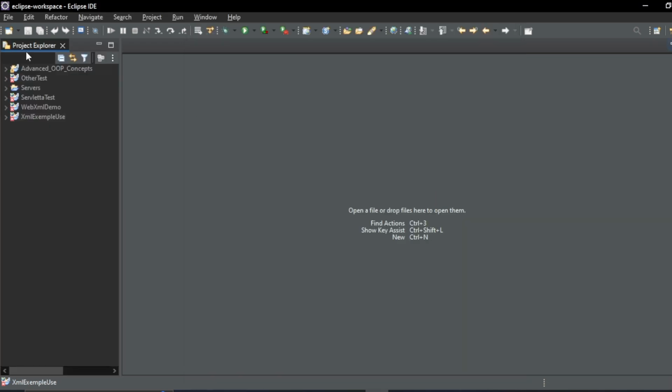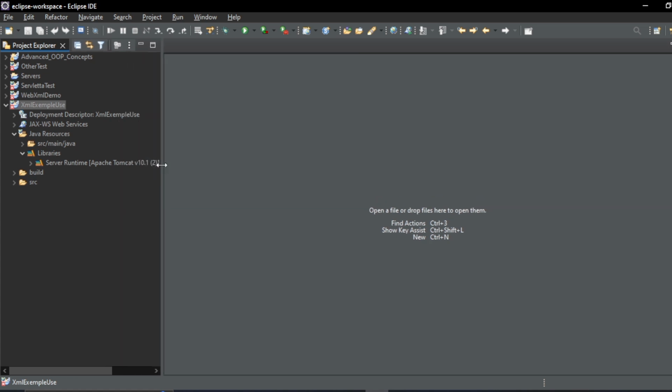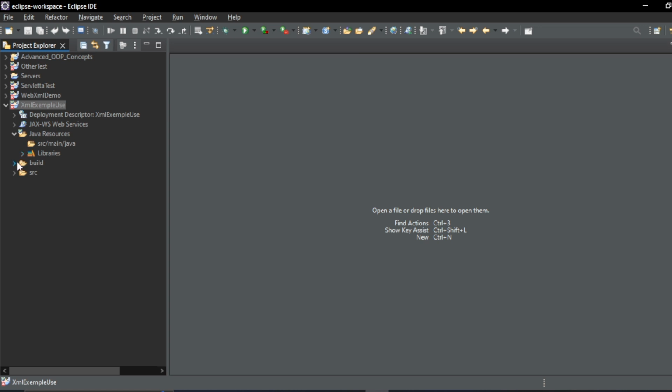Okay, we are going to go to our Project Explorer, to our XML example use, and here is our structure of files. We are going to find the source, Java resources, libraries, a lot of files and components. As I told you in the previous videos, in the libraries we should add another library for the SE version of Java. You are going to see its importance when we need it. So we are going to leave it for later. Firstly, we have to create